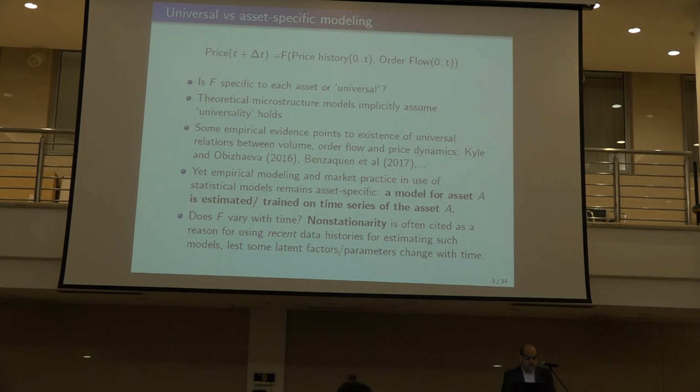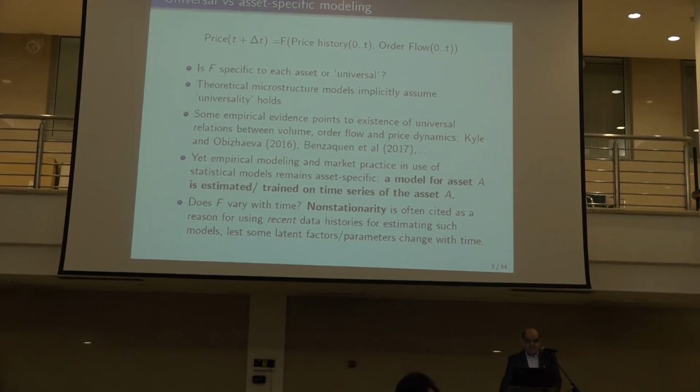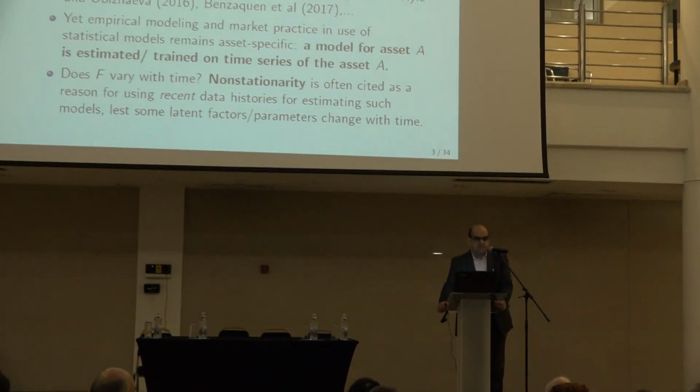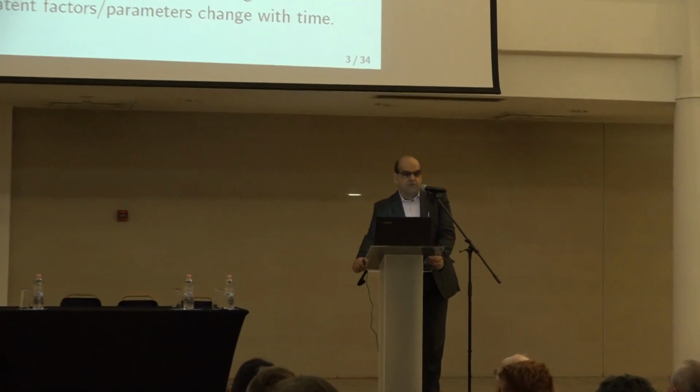So this is a very simple question. And then the other thing in practice is, is this map F stable in time, or does it change from this year to next year, or if you go back 5 years, is it the same map? Well, again, the theory assumes it's the same because there's no explicit incorporation of time effects. Maybe there are some intraday effects which are easy to incorporate, like seasonality, but explicitly time doesn't feature in these models. But practitioners always tell you, oh, it's non-stationary, be careful, you cannot use old data, it's useless, you can only use the last week's data because otherwise you're forecasting useless stuff and so on.